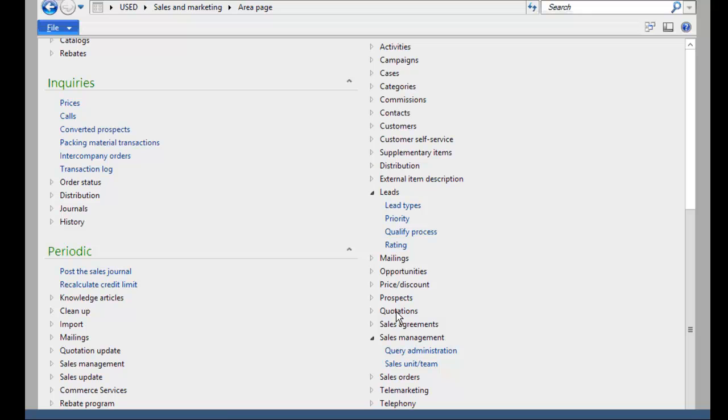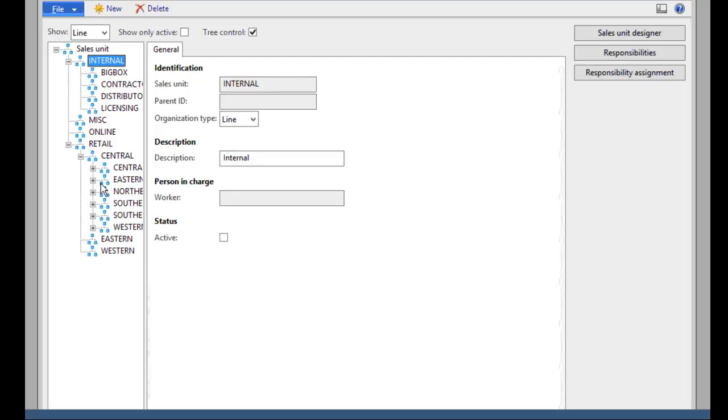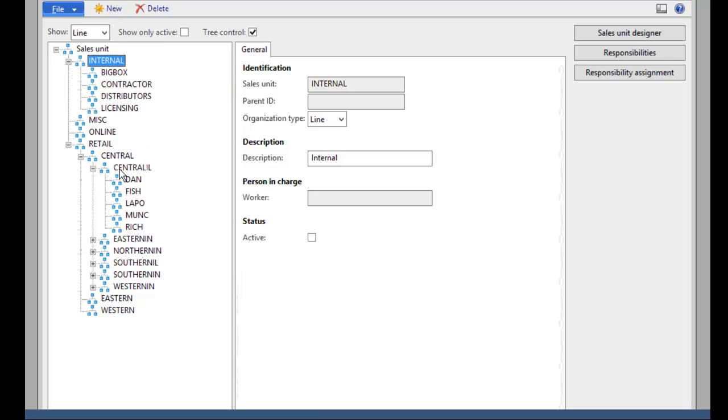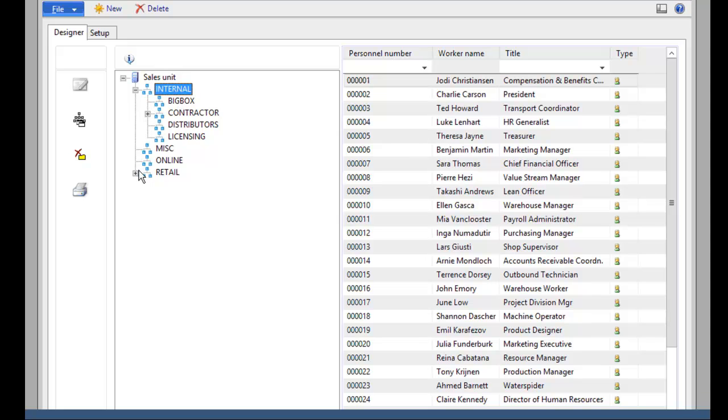Now, something that popped up as I was going through my lead qualification was my sales units, or my sales teams, where I assigned a lead to people. Now, you can manage that here within Dynamics AX as well. And what you can do is create whatever retail organizational structure you want, or a sales reporting structure that you want. And you can really just design it, and then if I go into the sales unit designer, and expand any of these areas,